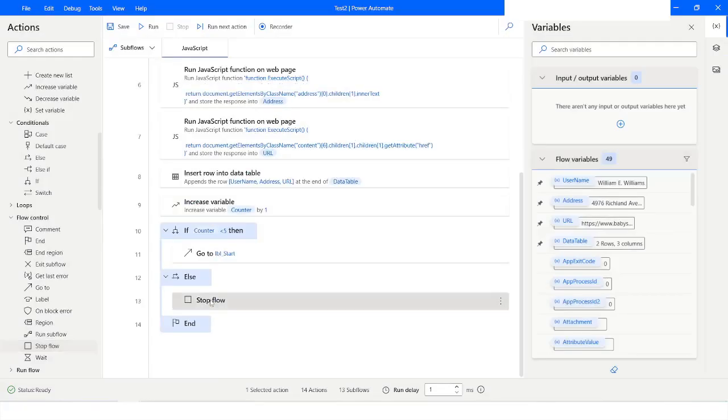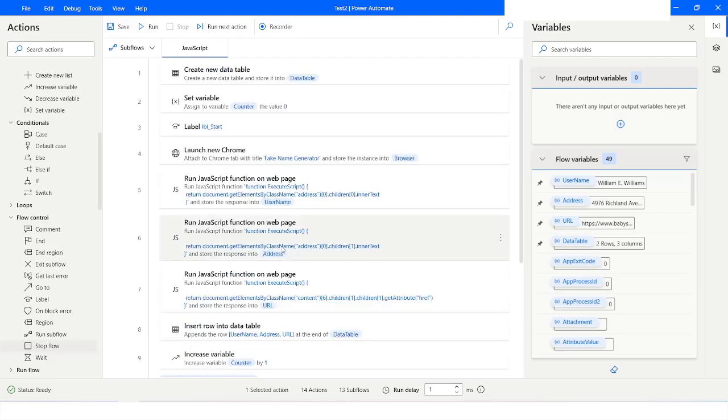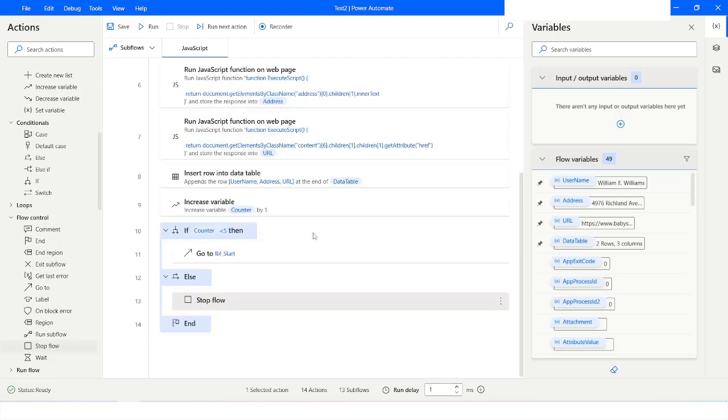Okay, for now I'm using stop flow, but we have to do another activity, which is to write into Excel. Okay, so now what I will do is I will run the bot, but because we have to extract 5 different data, right? So before going to the start, I want to click on web,